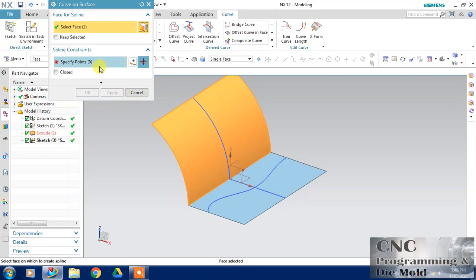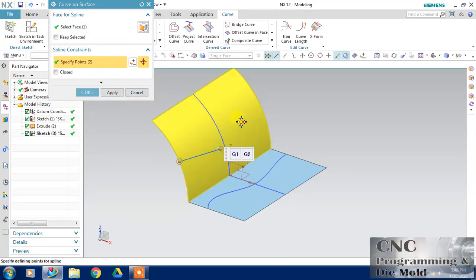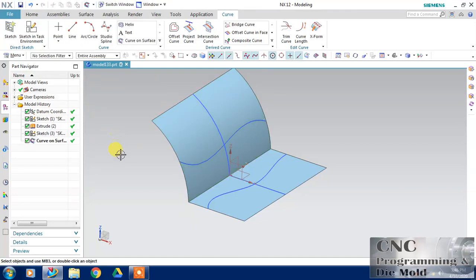And now my result will be this. I have to switch and change the radius. Now my result is like this.